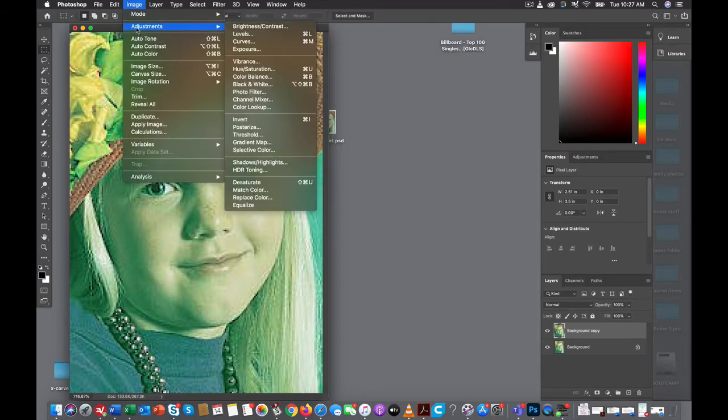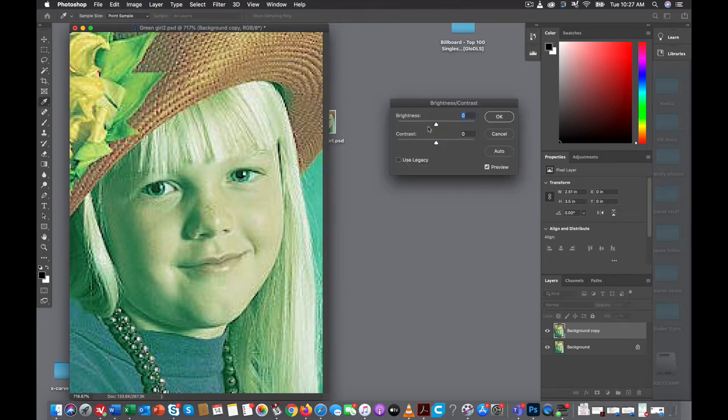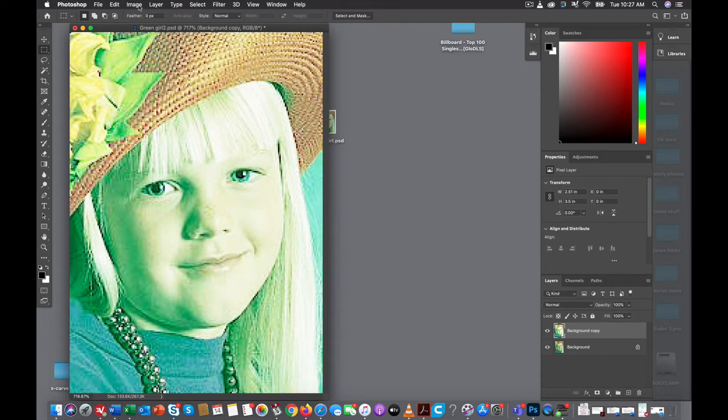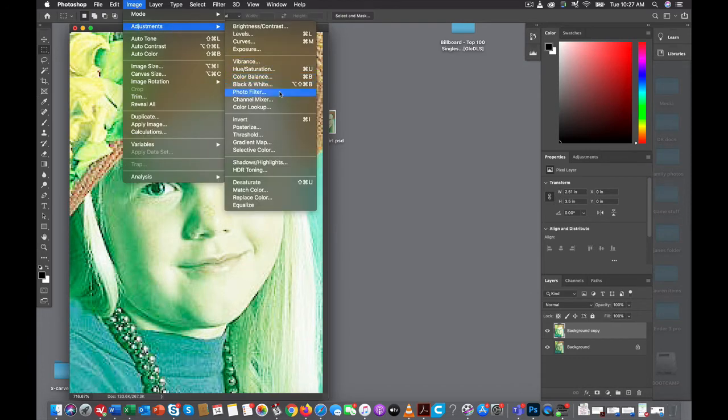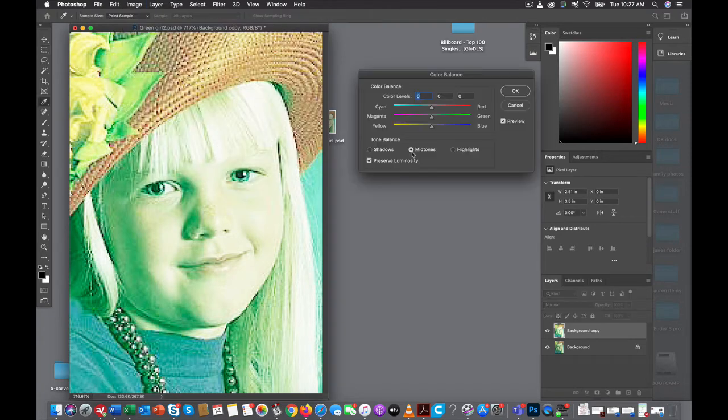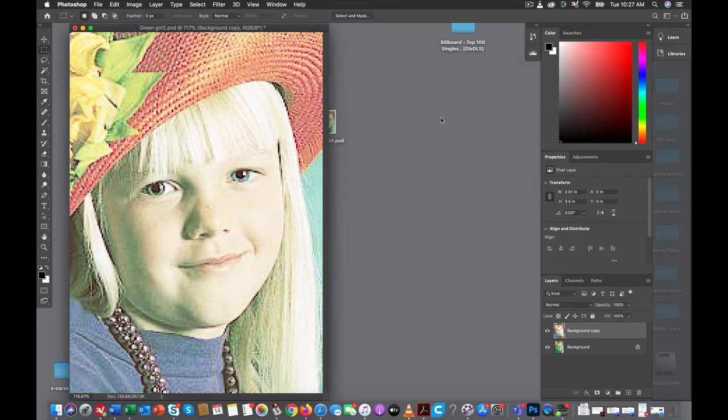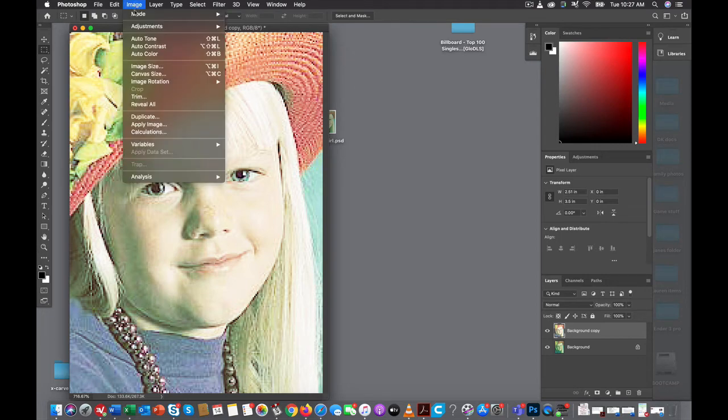So I'm going to go in like we did last time. I'm going to go adjust, and I'll do my brightness contrast. And I'm going to be a little drastic on stuff just so this goes a little faster. So if I say OK, I'm going to go image adjust, color balance like we did last time. Give her a little more red, a little more magenta, a little more, warm her up a bit. Anyway, doesn't really matter. Basically, I'm making all these changes, and now if I go back and I look at that